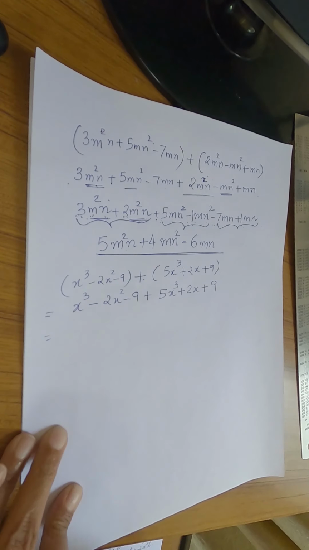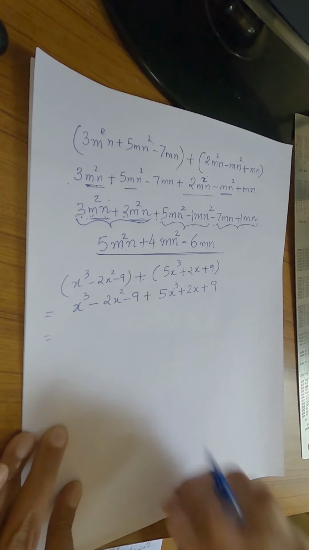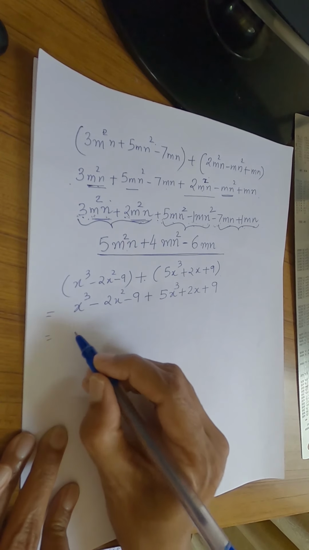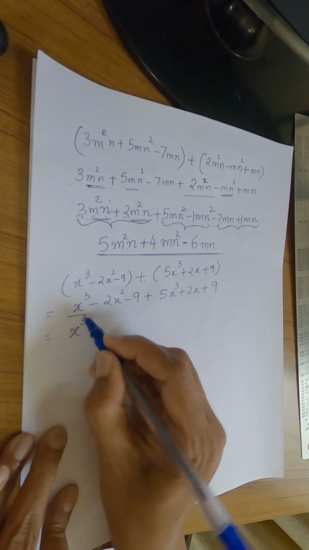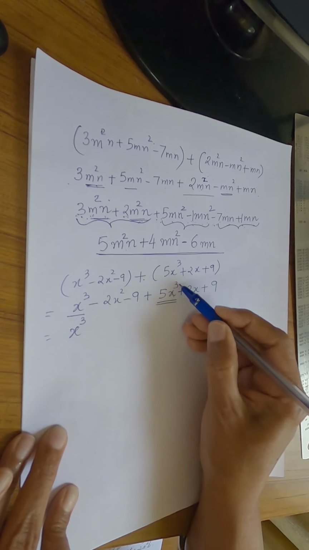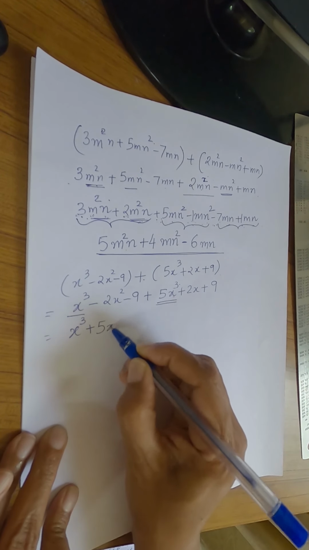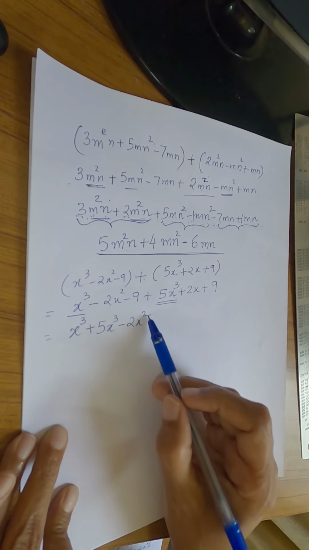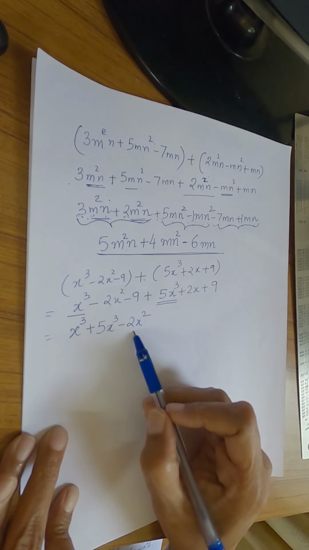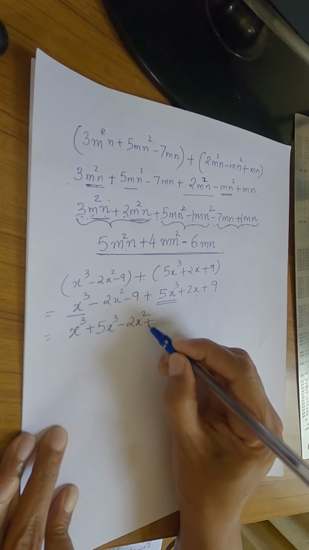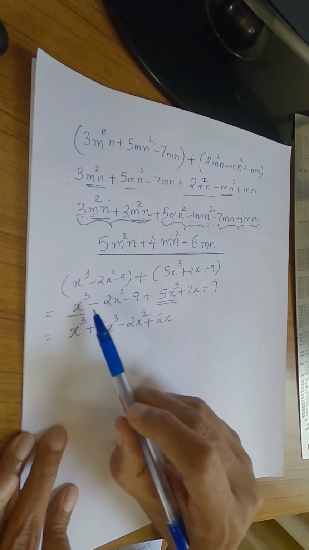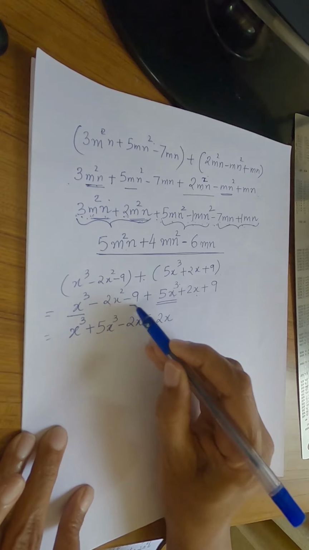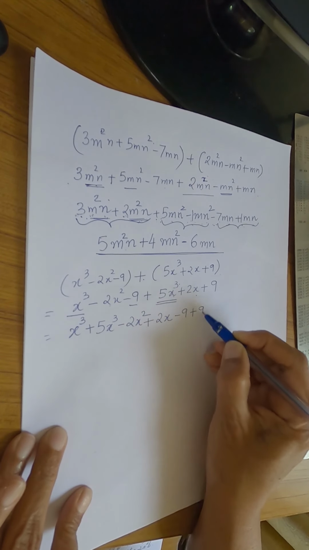Now we start collecting the like terms. We start with the biggest number in power. So the biggest number in power you can see is 3. So we start with x raised to 3. Now you can see there is one more like term we have, which is also x raised to 3. So we write it just next here. Then minus 2x square. Now you can see x raised to 2, we do not have any other term, so we leave it as it is. After that we write 2x. Again you will see there is no term which has only x as a variable, so that also we leave it as it is. Then last, just the numbers that are remaining.